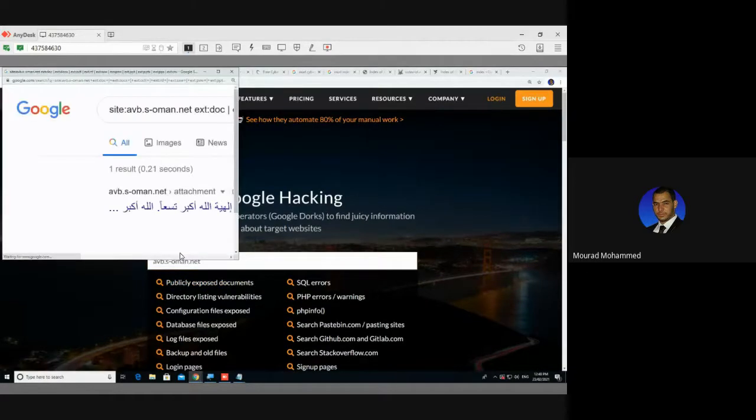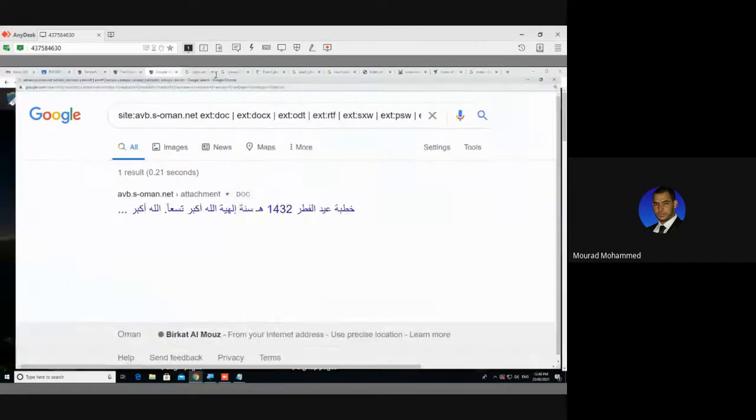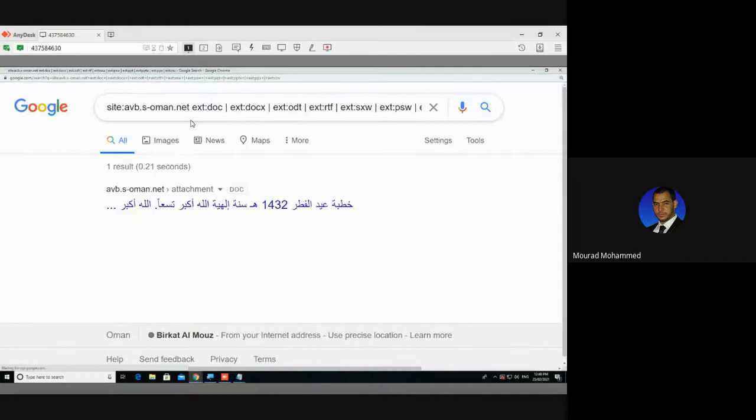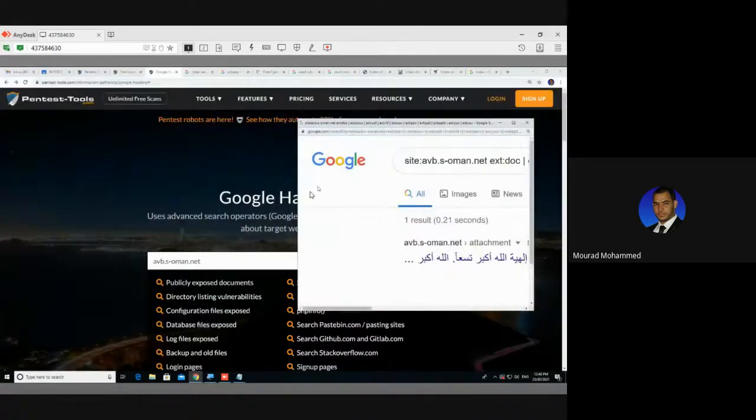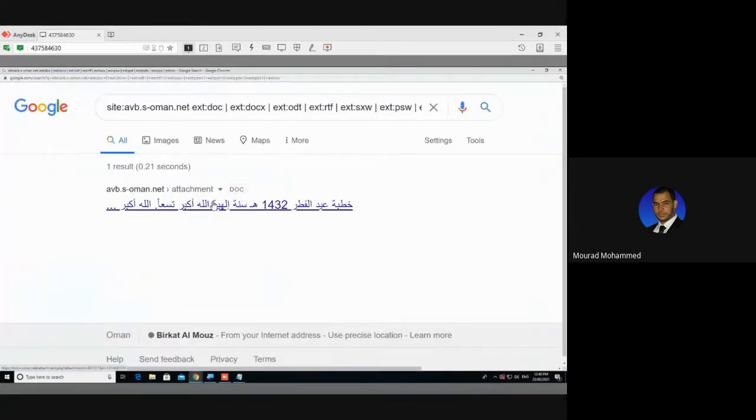Click. This ABB Oman is not secured. This ABB Oman is not secured against the publicly exposed documents. There are documents from background which are exposed. This is actually something from background. This is a doc file. This is a Word file. If I open it,